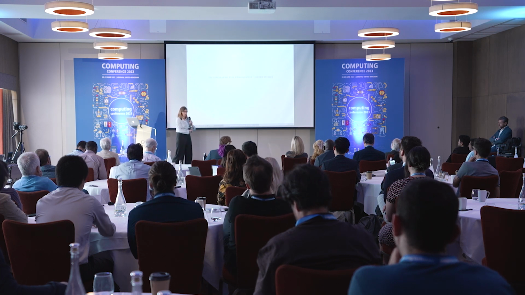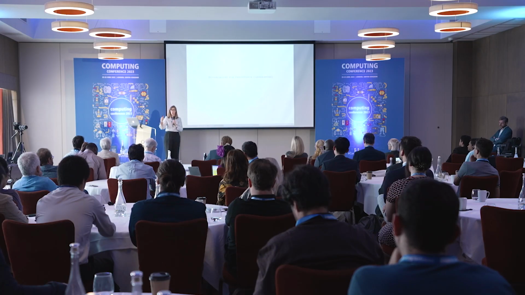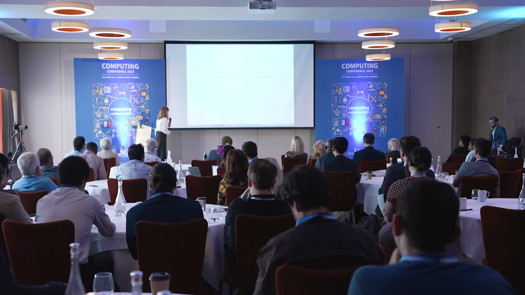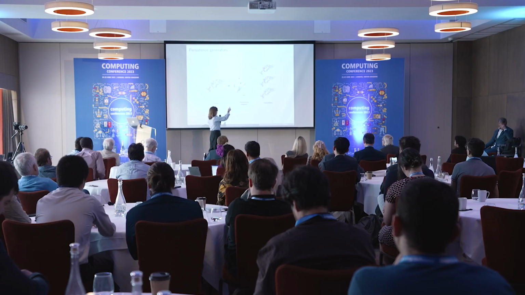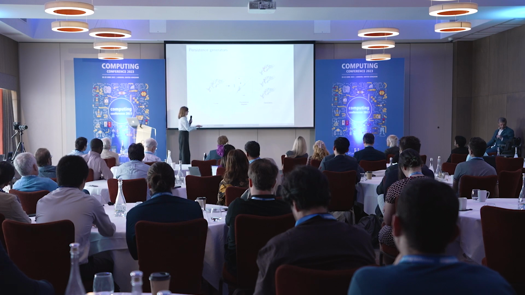Okay, and then the final thing that I wanted to talk about is extensions to this pipeline. So I've talked about one parameter. I've talked about how we can interpret it with some of the generators actually going back into the data. But now we can use these generators to look at not just one generator, but multiple generators. Right? So instead of looking at your points in, for example, a protein or some other trajectory, we can take each of these persistence points off the diagonal here, which would be long bars in the barcode, and we can go back and say what were the loops in the data, in the generators.